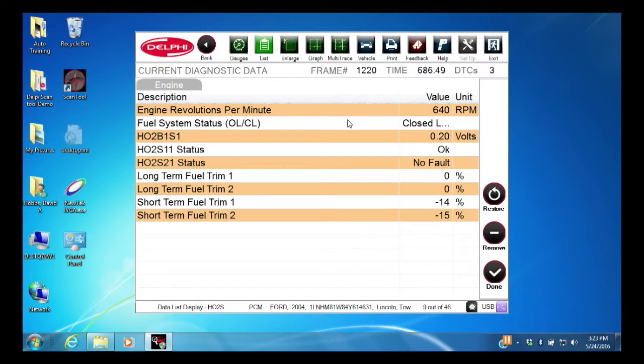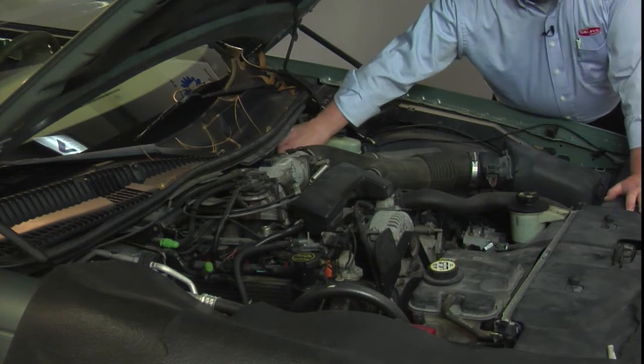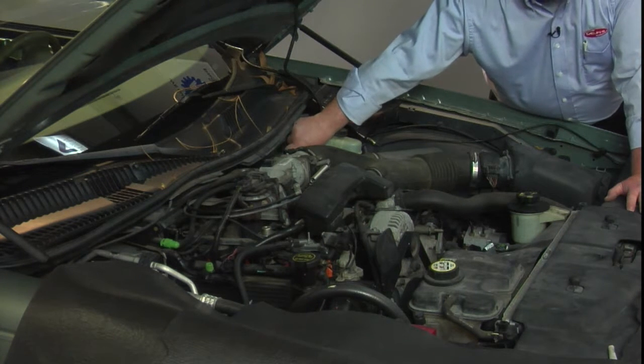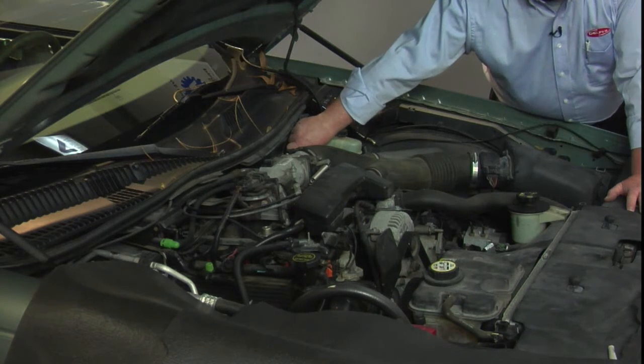If you see it rich, in this case we are rich, so we're taking fuel away, negative fuel trim numbers, we'll pull a vacuum leak, do some false air, and see if we can make it go the other way. Let's go ahead and do that now. Pull a little vacuum leak right here at the brake booster and see if those negative trim numbers, short term, and if that O2, which is kind of hanging out quite a bit in the positive, in the rich area,